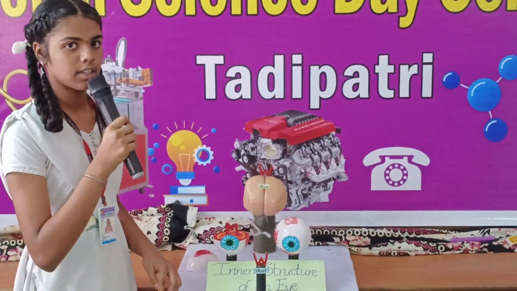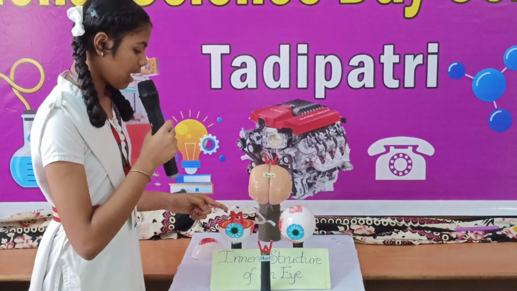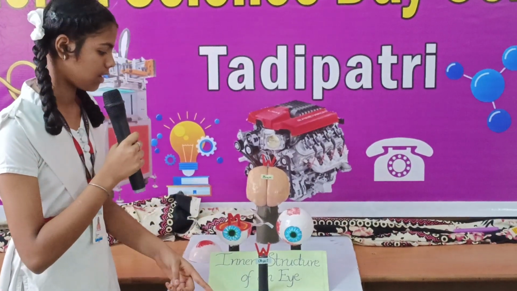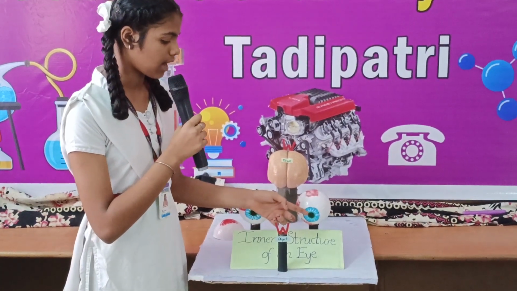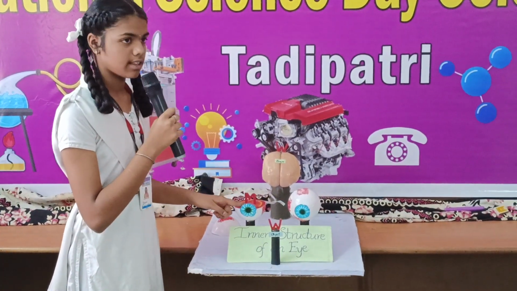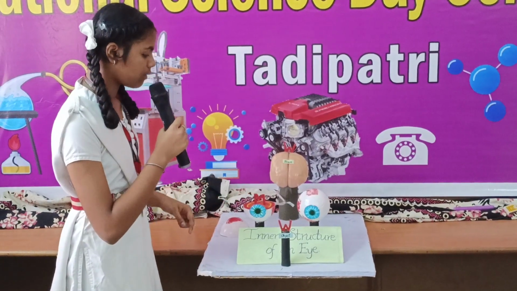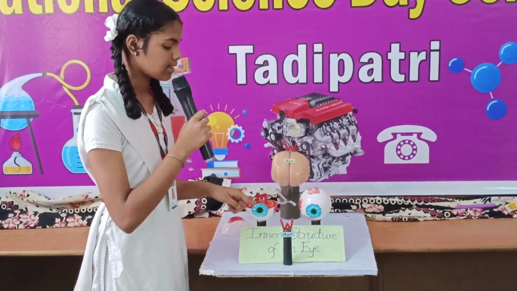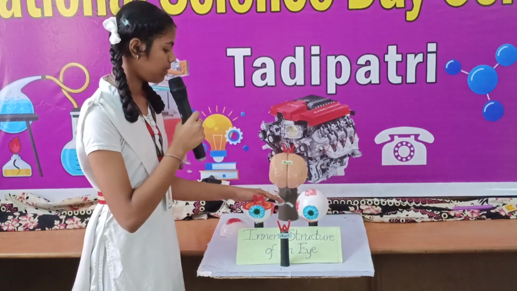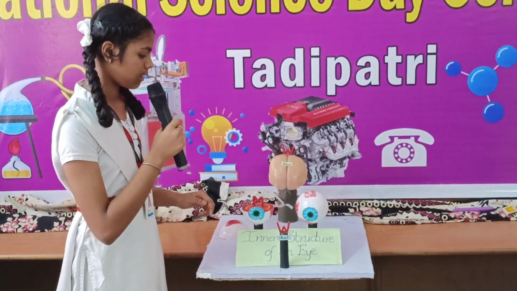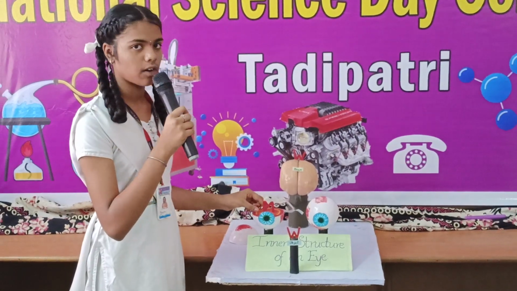How does our eye work? Imagine you are seeing the alphabet W through the eyes with the help of a light source. The light rays first pass through the cornea and then the iris, pass through the lens, and finally arrive at the retina. The retina converts the image formed by the lens into electrical impulses and transmits them to the brain through optic nerves.